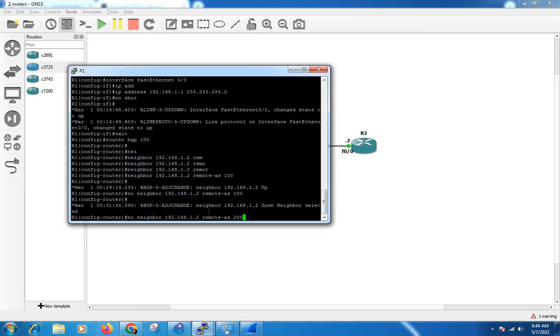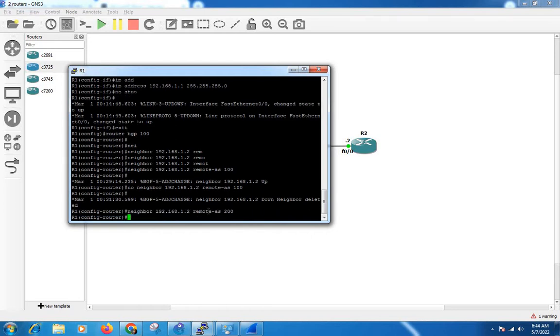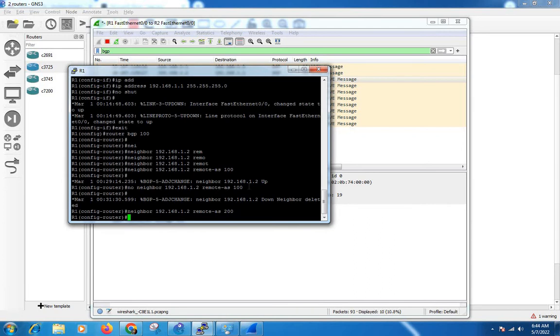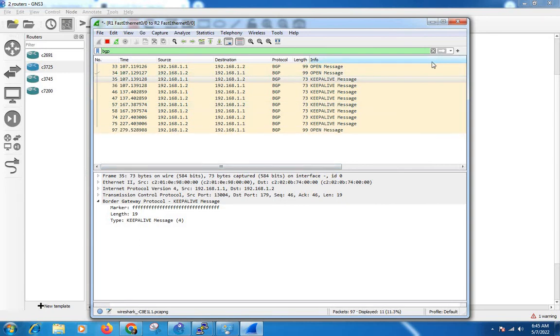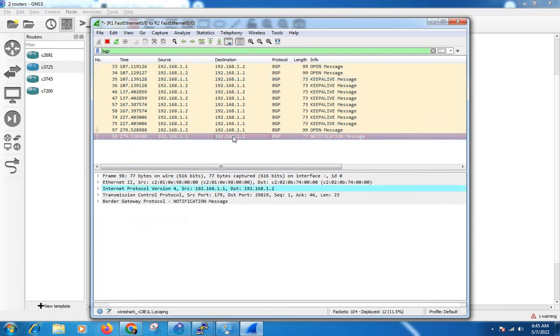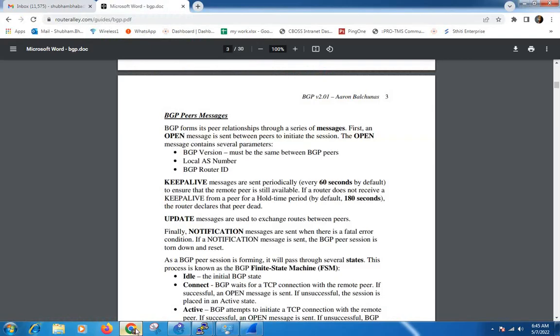I'm giving this command. Yes, we got the notification packet. We can see BGP sends a notification message when there is a fatal error condition.